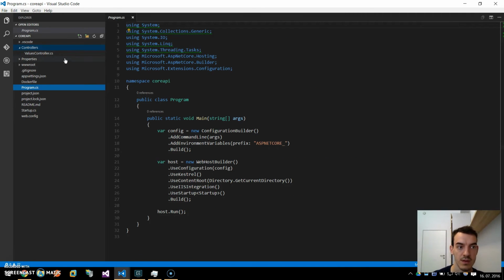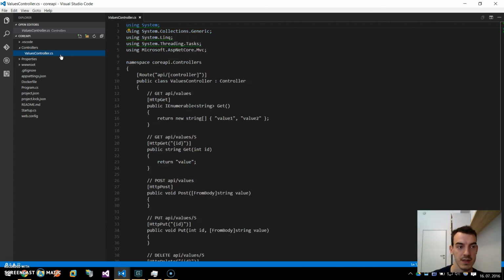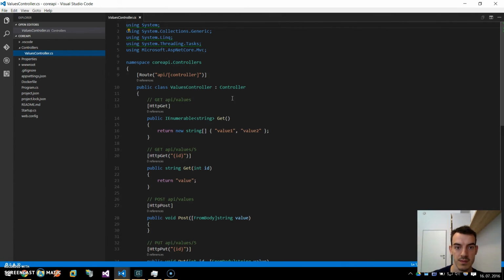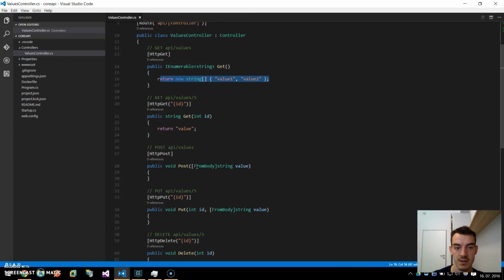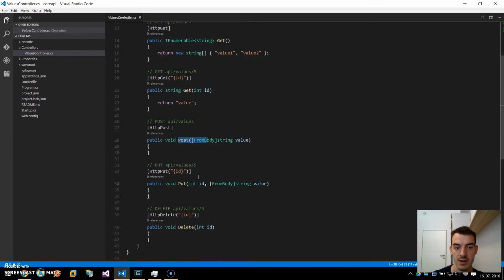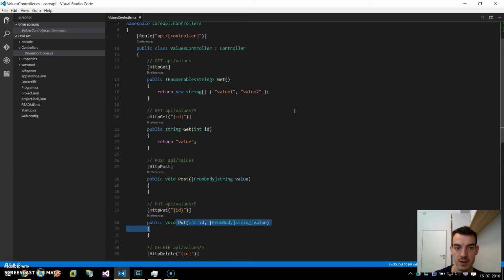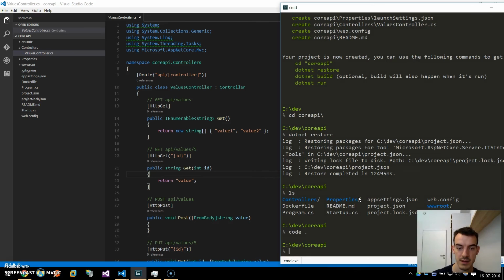And if we go to the controllers, this Yeoman generator creates one sample controller for us, which is values. This is similar code to the ASP.NET applications you're used to. So we have the values controller, we have CRUD operations. This will get all our values. This will get a specific value, and this will post a value, this will change the value, and this will delete some value. Okay, and now if we start our application by hitting dotnet run,